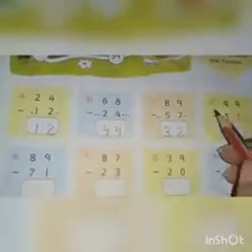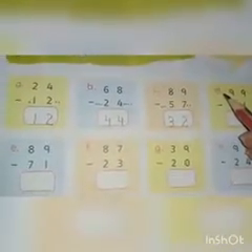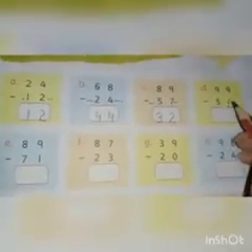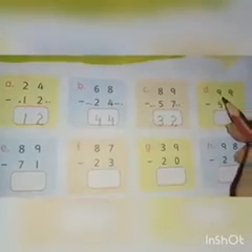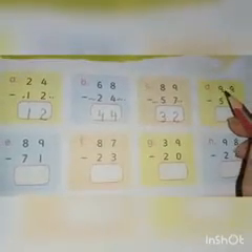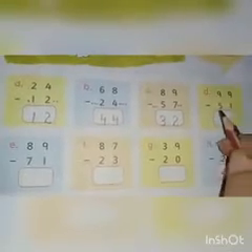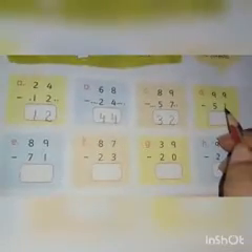Go for the next one. Here we have point D. At point D, here we have the sign of subtraction. We are going to subtract these two numbers. The first number is 99. In 99, here we have 9 tens and 9 ones. And the second number is 51. In 51, here we have 5 tens and 1 one.